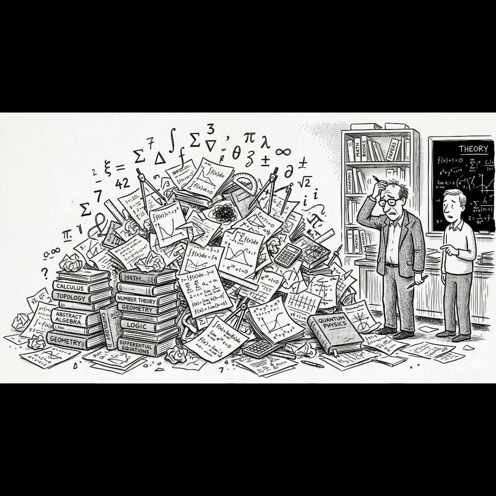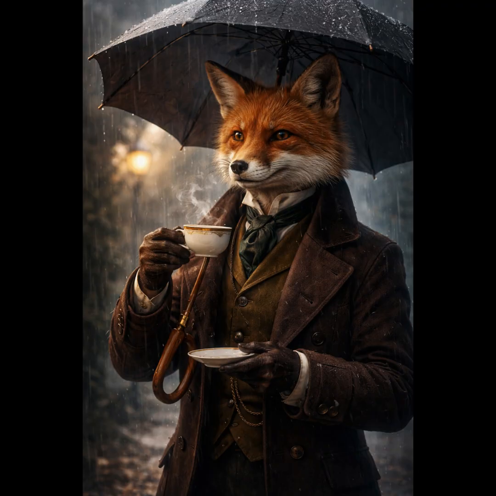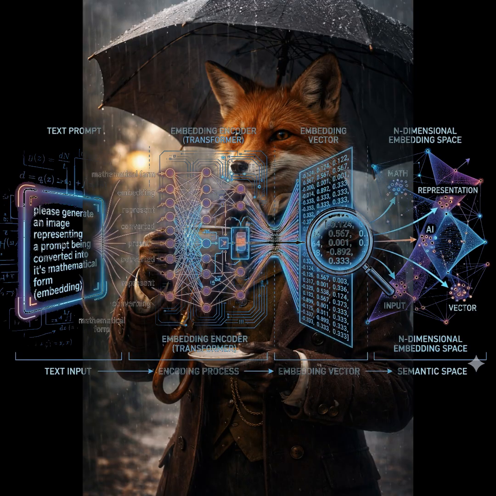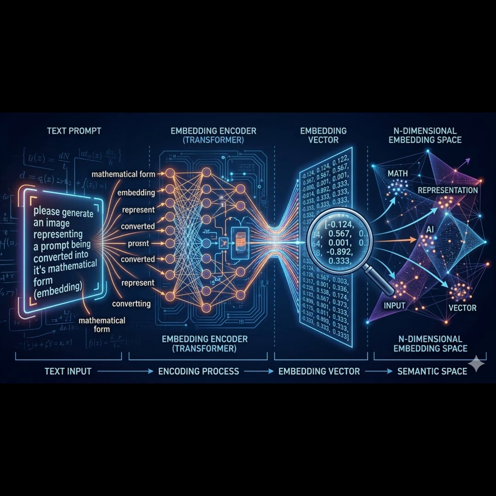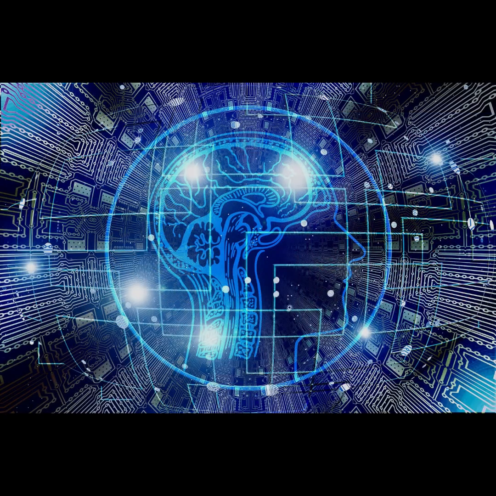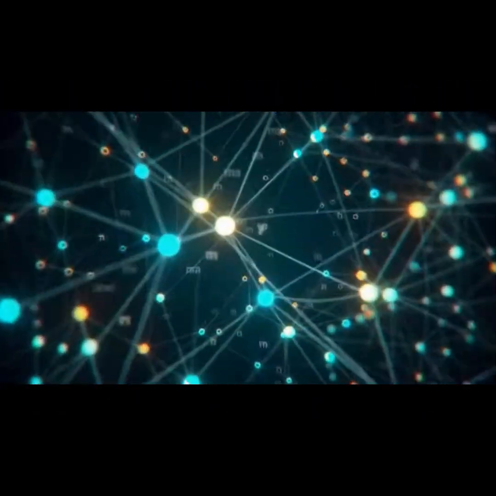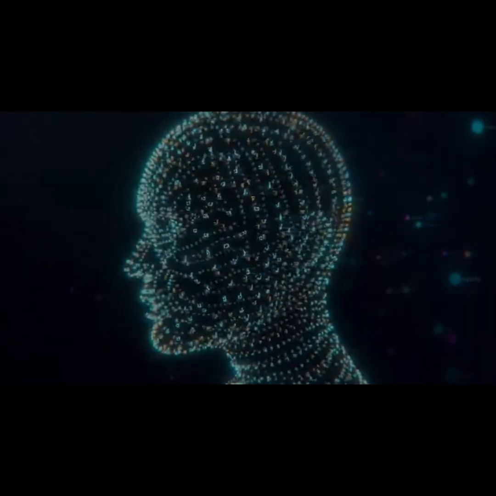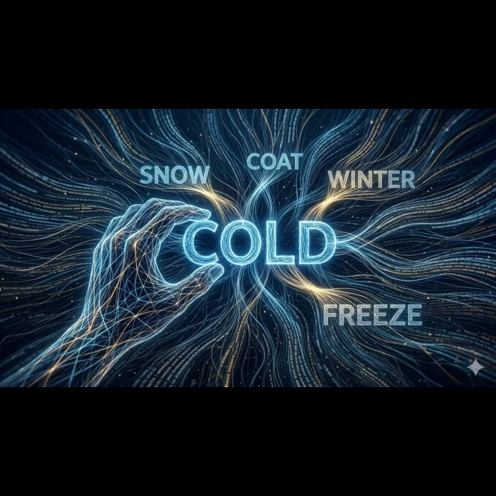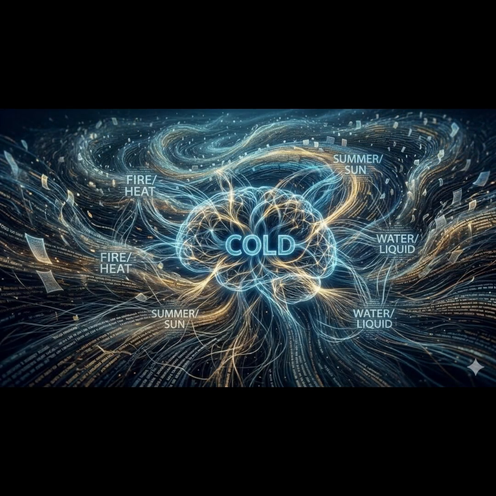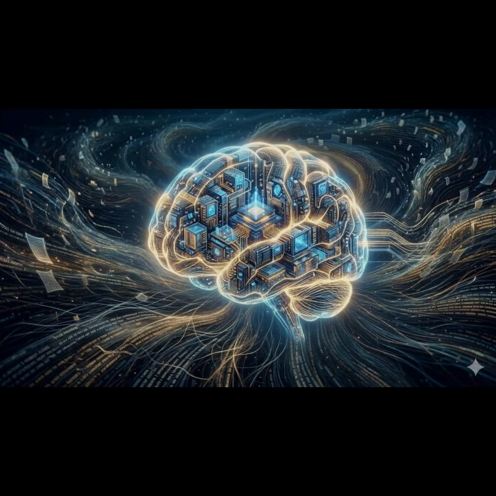So how does a pile of math know what a fox in a Victorian coat is supposed to look like? When your prompt gets converted into its mathematical form, the translation doesn't just recognize individual words. It encodes the meaning of those words and the relationship between them. During training, the AI processed billions of pieces of text and learned how to recognize patterns, the same way that you learned that cold tends to appear near winter, snow, and coat, not because somebody wrote you a rule book,